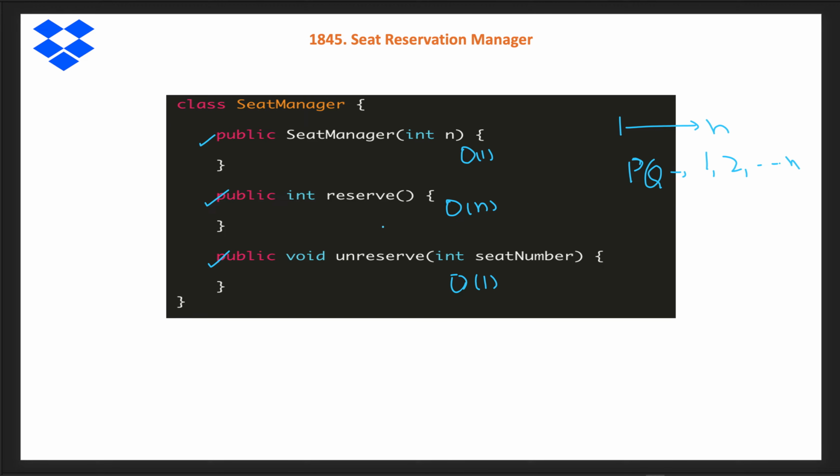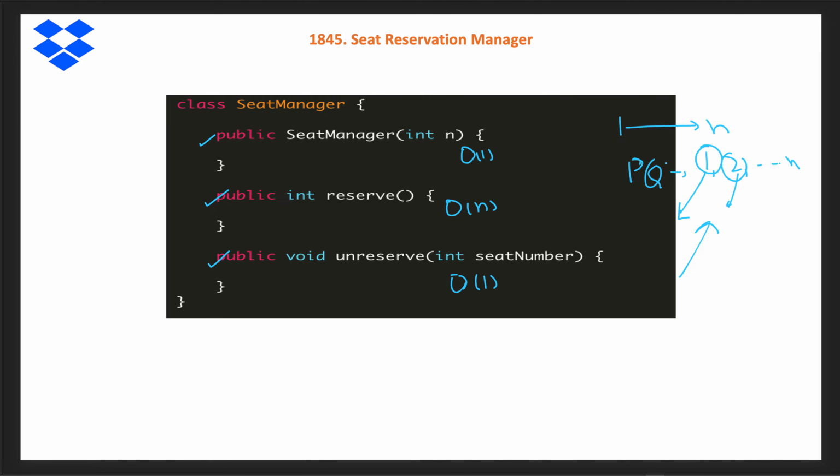Now whenever we call the reserve method, we just poll the first element and remove it from here because it got reserved. So if in the first call seat 1 is available, we remove 1. If a second reserve call comes, we will remove the next one. This is how reserve works. In case of unreserve, we add this seat number into our priority queue again, and that will be resized, re-heapified and everything. The minimum seat number available will come on top itself. So this is another solution.